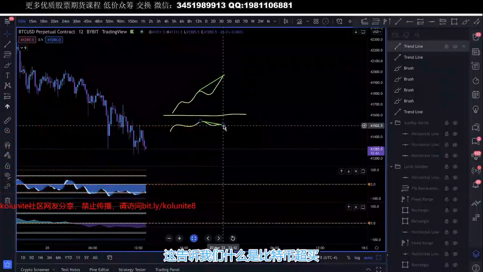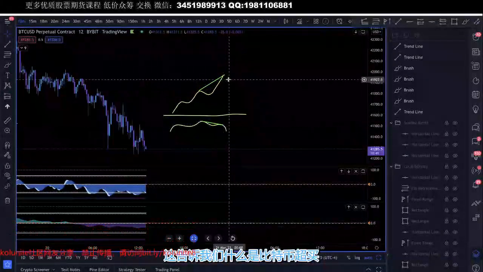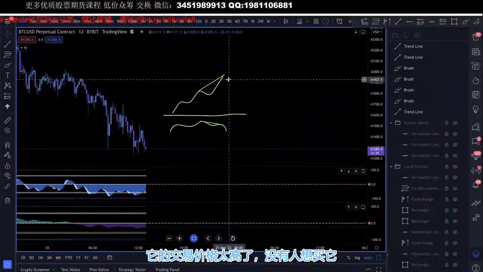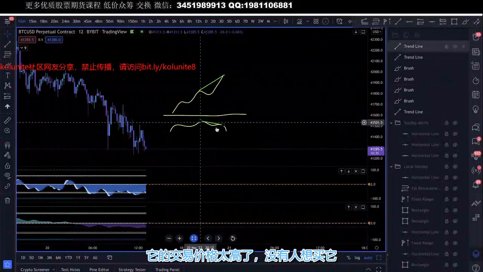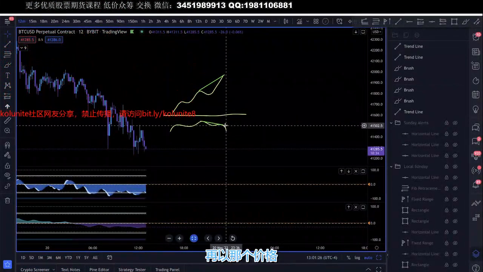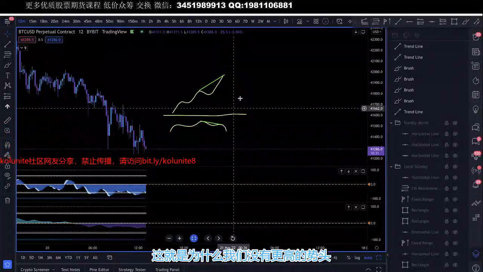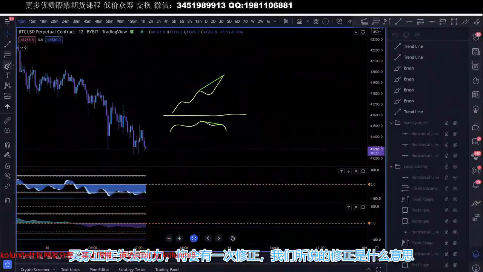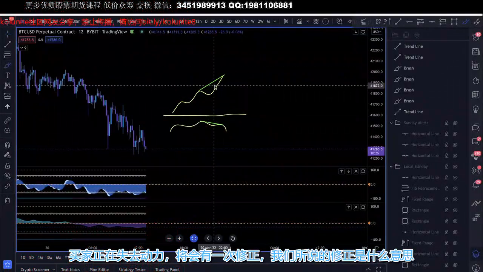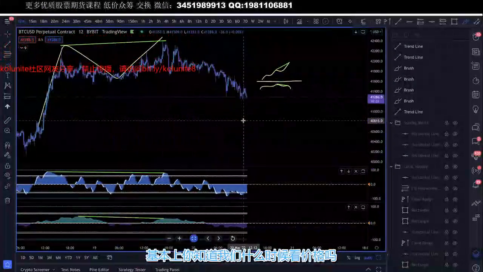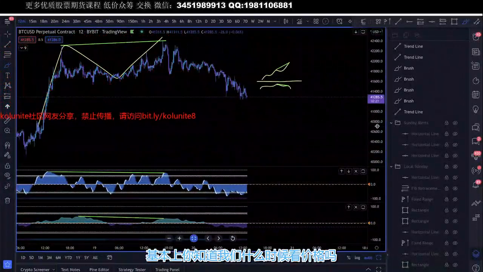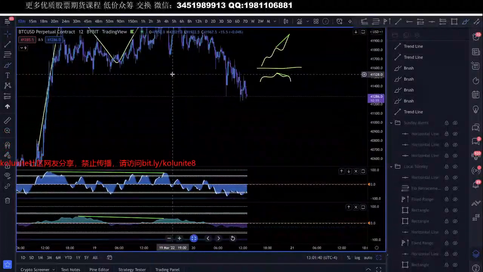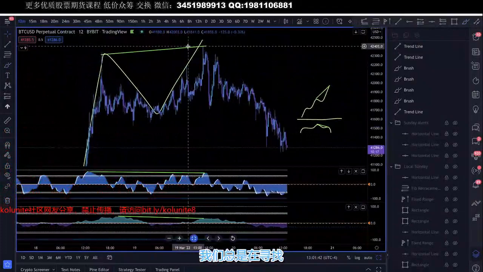What is that telling us? It's telling us that Bitcoin is overbought. It's trading at a price that's too high, and nobody wants to buy it at that price anymore. That's why we don't have the momentum coming higher. The buyers are running out of steam, and there's going to be a correction. And what we mean by a correction is basically, when we're looking at price, we're always looking to see